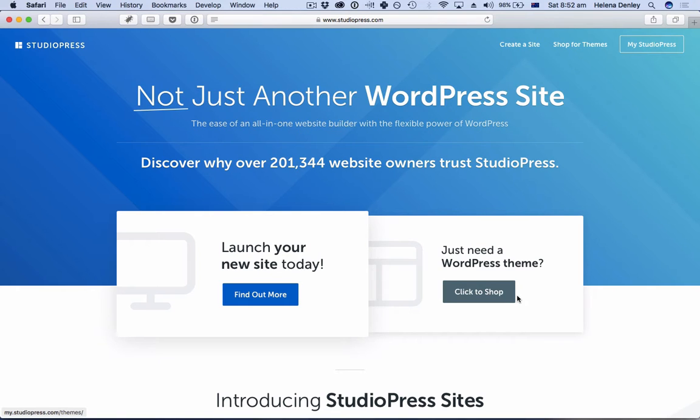To help me today. So, you'd probably know if you've been following us for a little while that we're really big fans of StudioPress and the Genesis framework. Well, just this last week, StudioPress has released something called StudioPress Sites. And we wanted to give you an overview of what's included, what's involved, and we're going to do this real